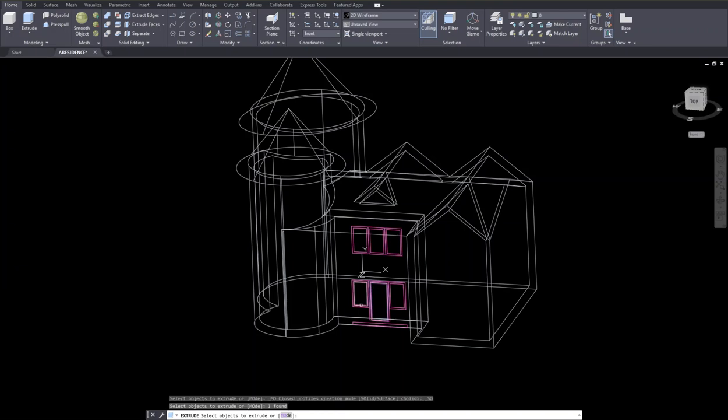Yeah, you can have a back door if you like, or you don't have to have a back door. So that's definitely an option. Okay, so enter, and we don't want to extrude too much for the door. Enter, and